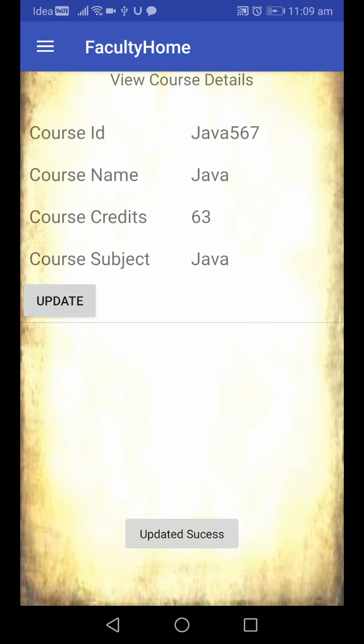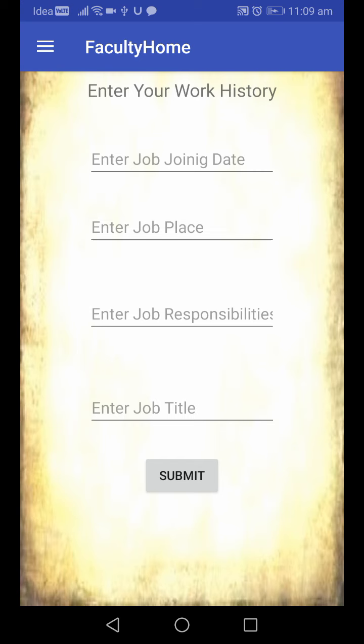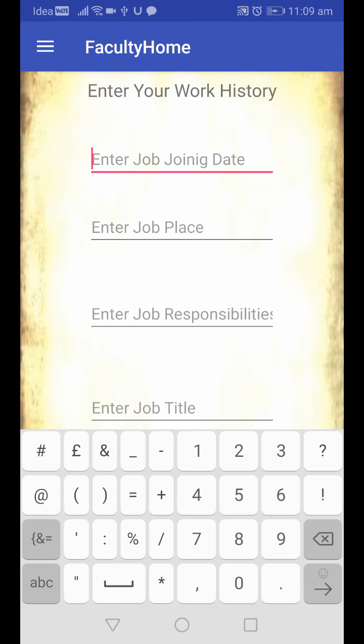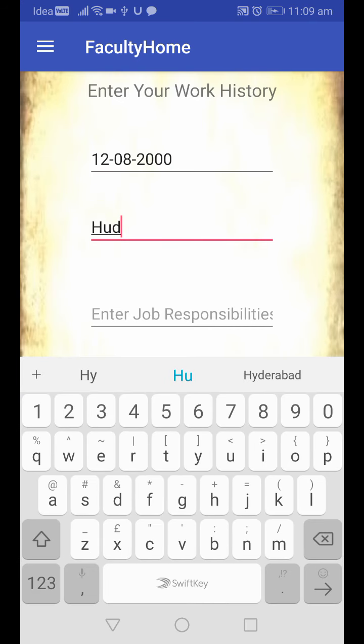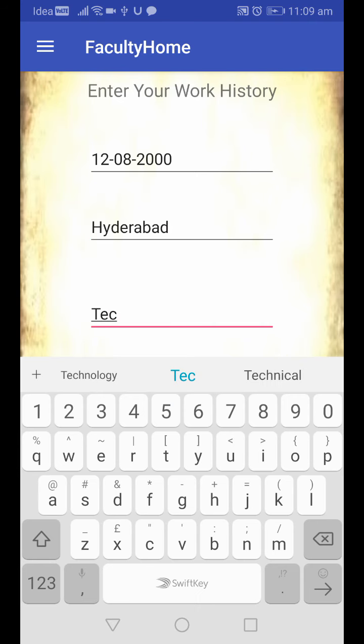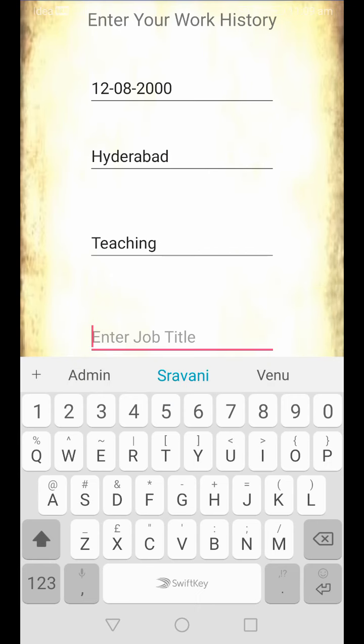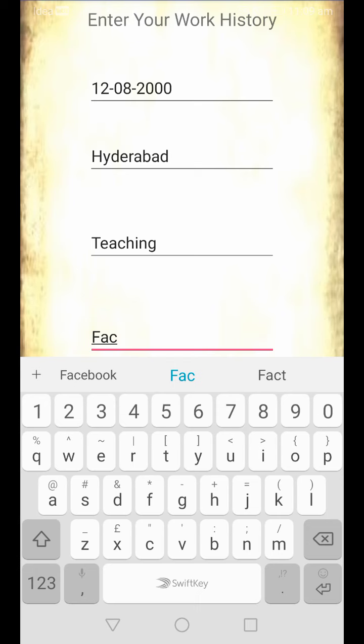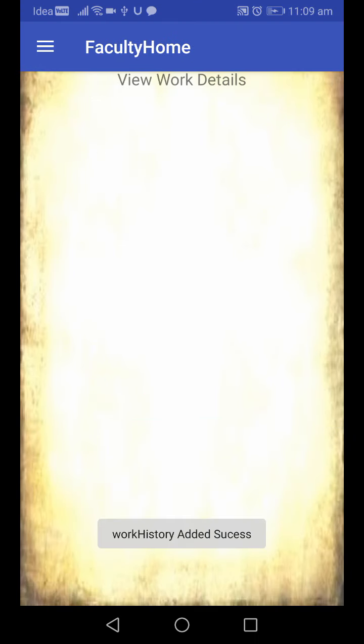When I click view course details, all my course details are visible here. Next is my work history. For example, if I joined a particular organization, my joining date is 12/08/2000, my job place is Hyderabad, job responsibilities teaching, job title faculty, submit.